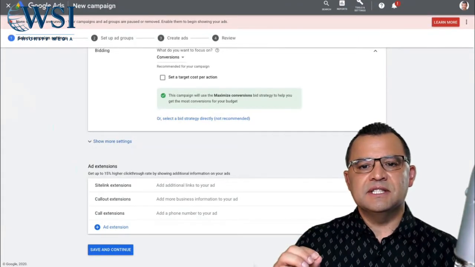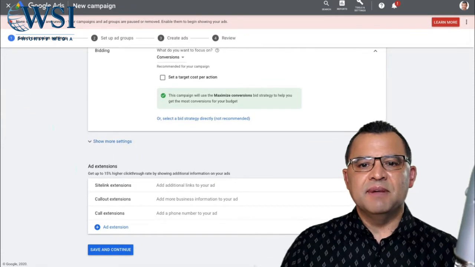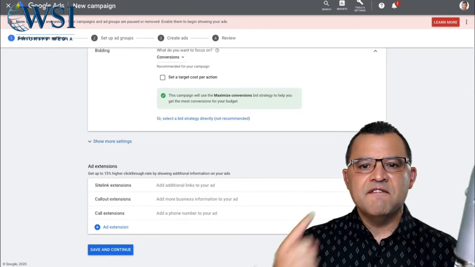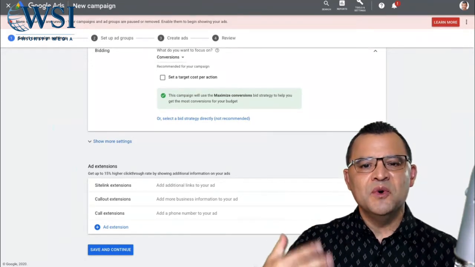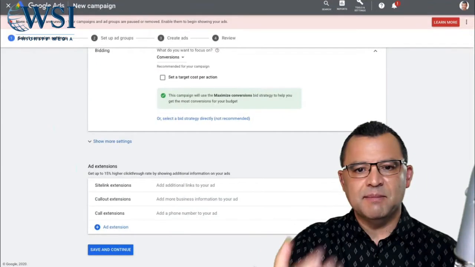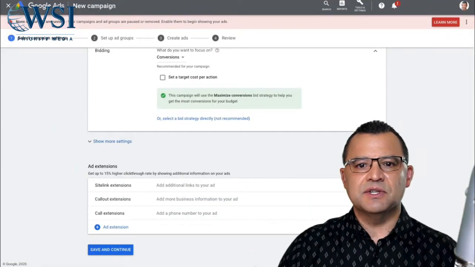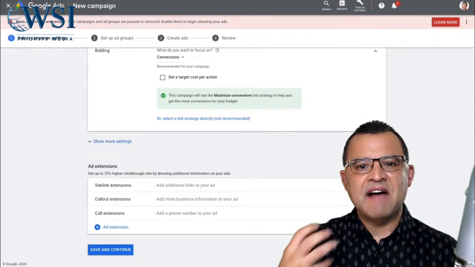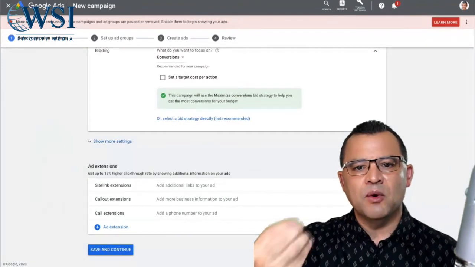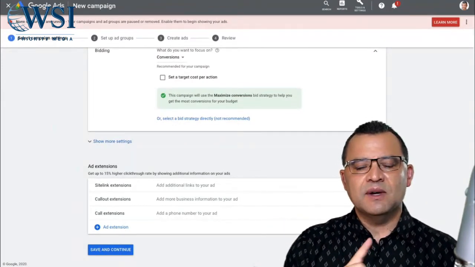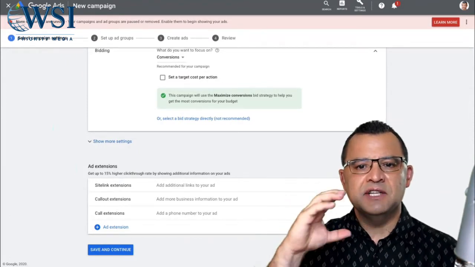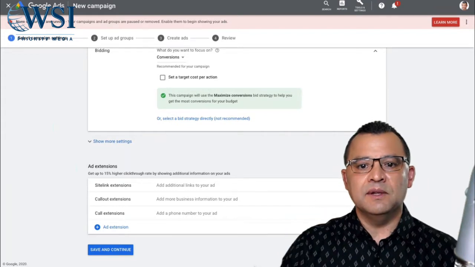Each one of the extensions has its own advantages. But in general, the benefits of Google Ad extensions are that they make your ads more visible, because they take up more room on Google, on somebody's phone, on somebody's desktop as they're searching. As I mentioned, ad extensions help improve your click-through rate because they let you add more valuable information so people know more about your product or service. And if your competitors aren't using them well, which many times they're not, it gives you such an advantage where you stand out and really shine.